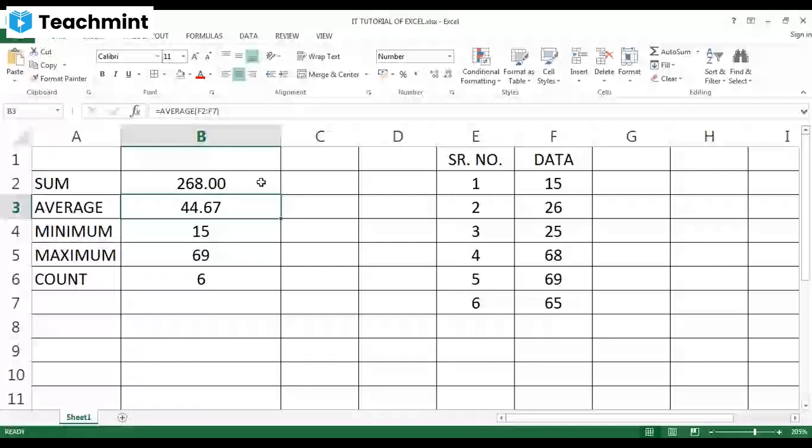Yes. So in today's class, we have studied some basic features of MS Excel: how to open an MS Excel worksheet, how to save it, some basic parts of the MS Excel software, how to insert data, how to format your cells, and how to insert some basic formulas. Is it clear?